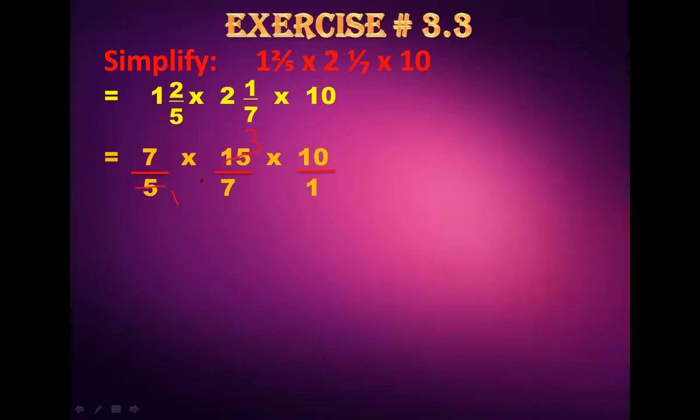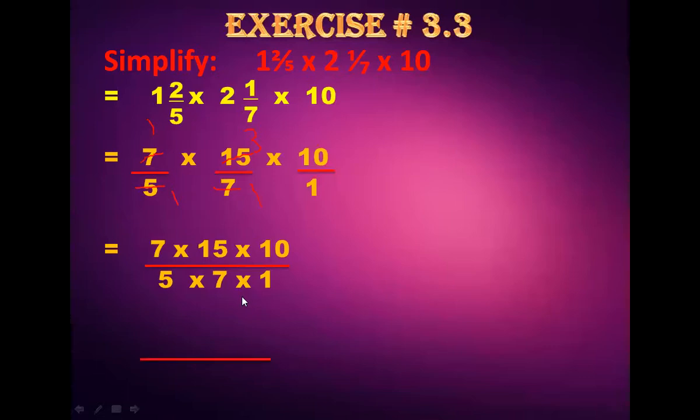Next, here you have 7. So 7 into 1 is 7 and 7 into 1 is 7. So simply, what I'll get here after reducing in this way: 5 into 1 is 5, 5 into 3 is 15, 7 into 1 is 7, 7 into 1 is 7. So what will be left here? 1 multiplied by 3 multiplied by 10. 3 is your quotient here.